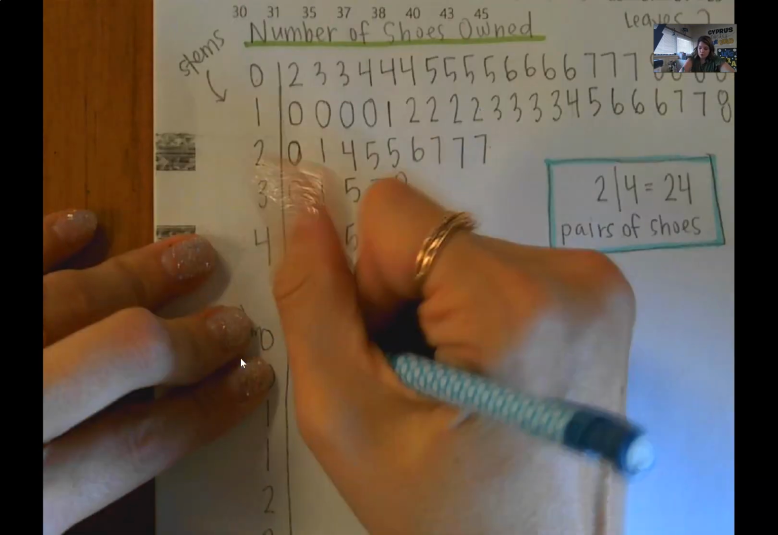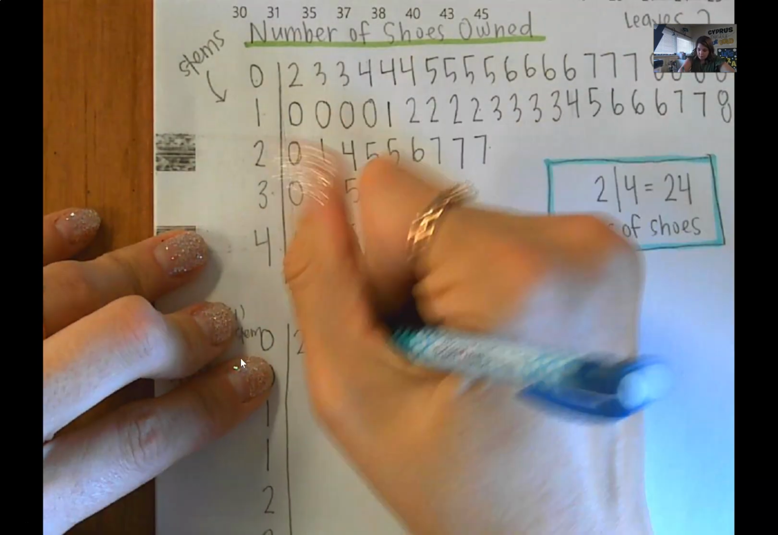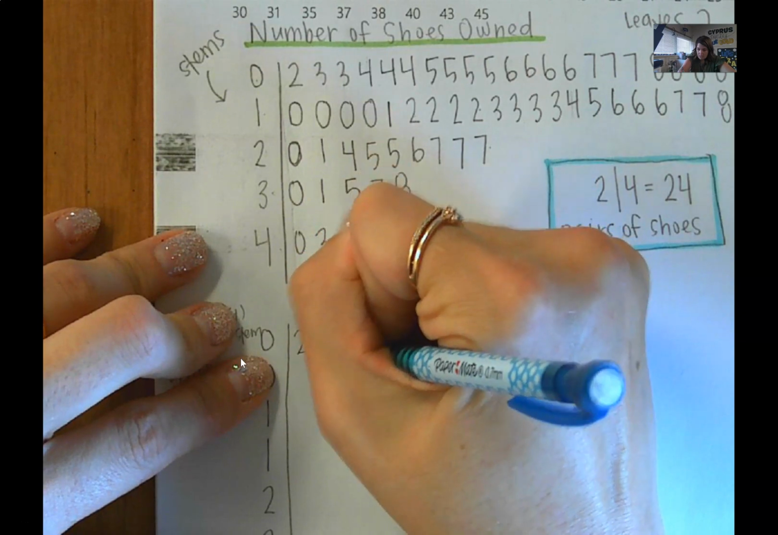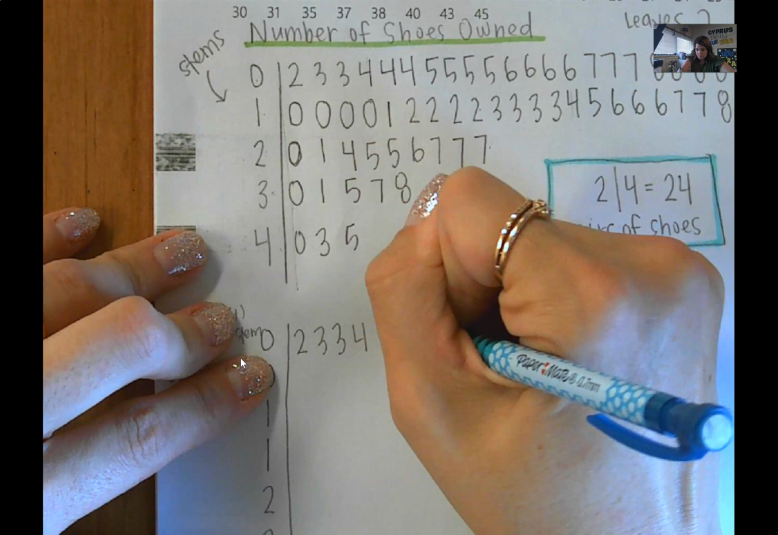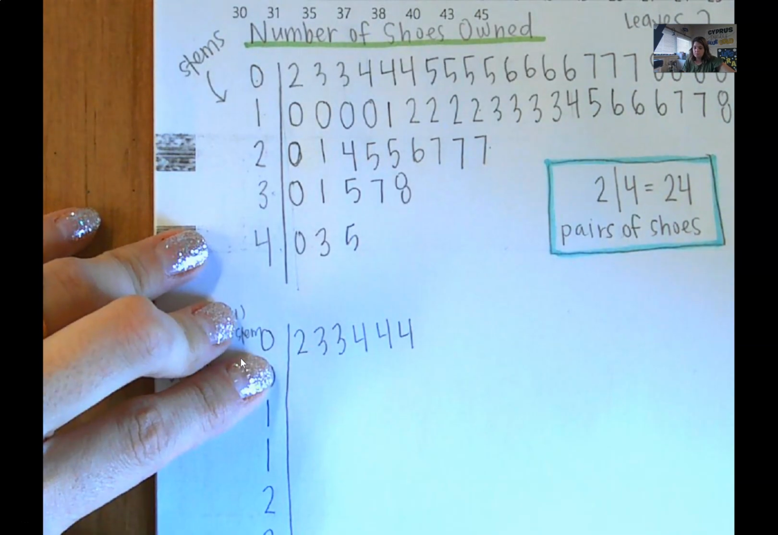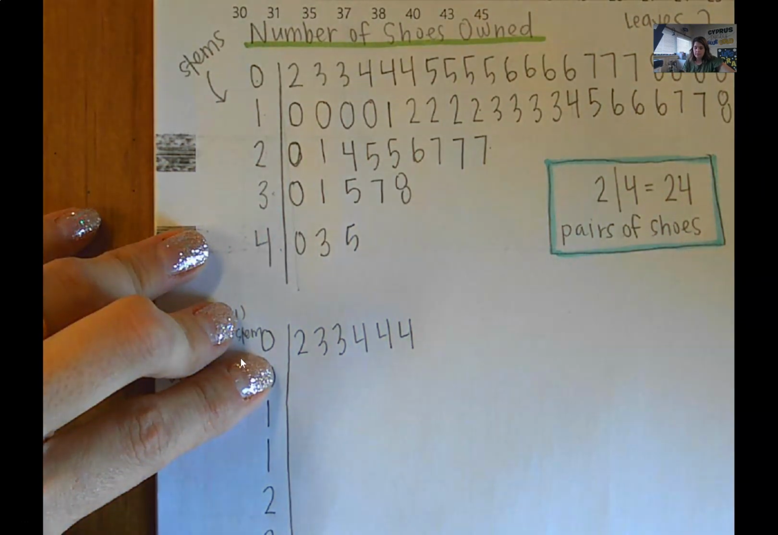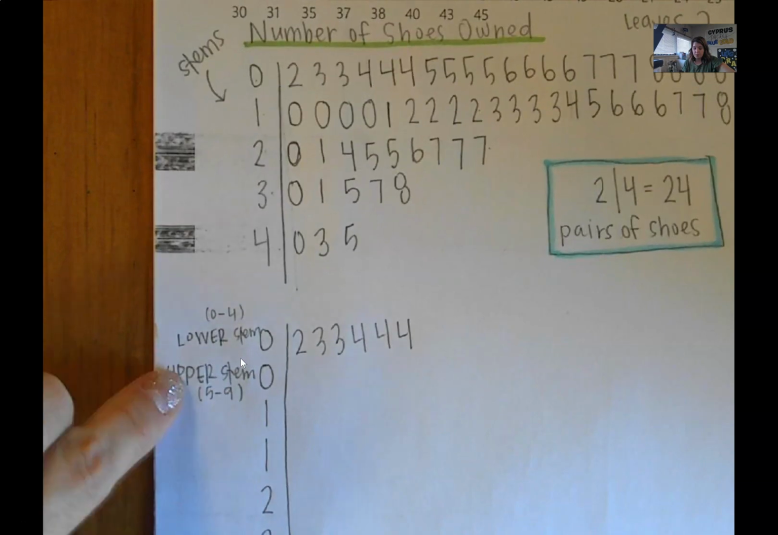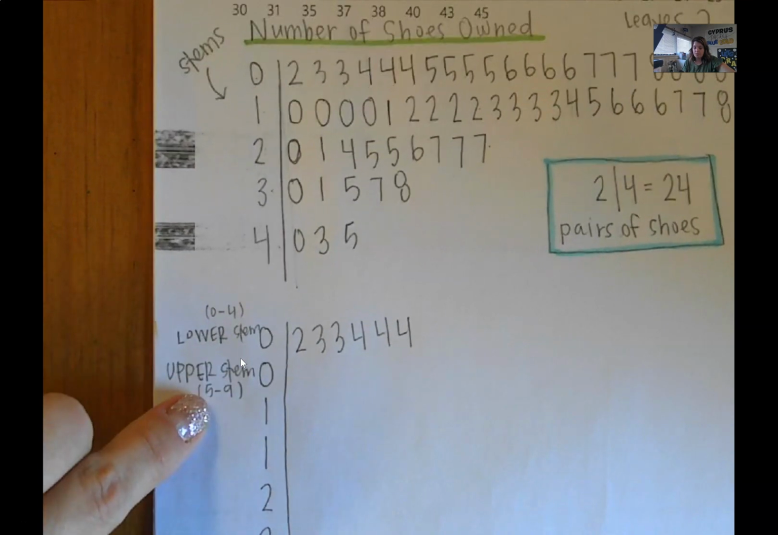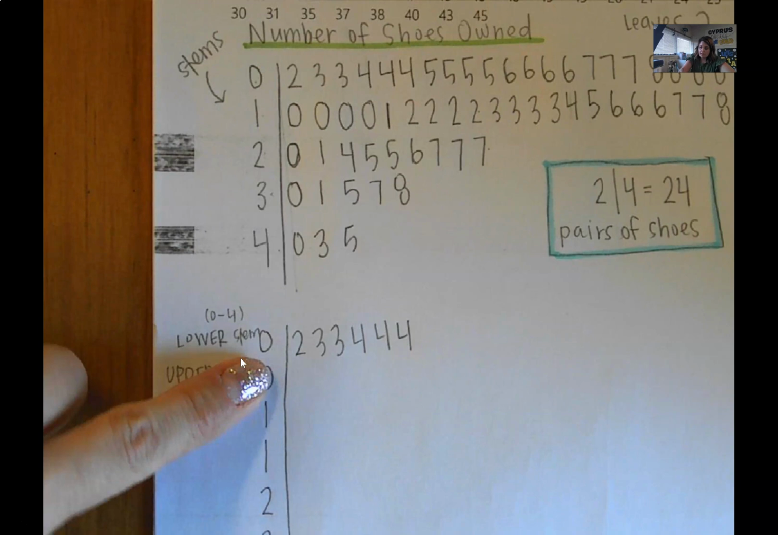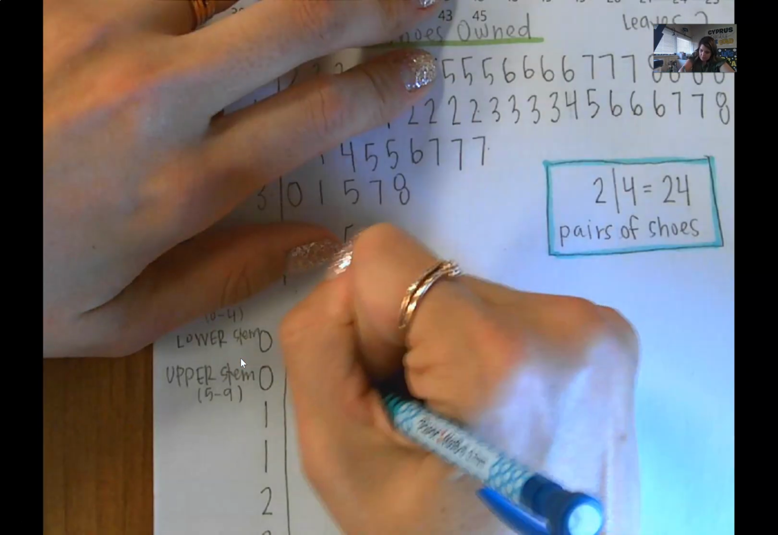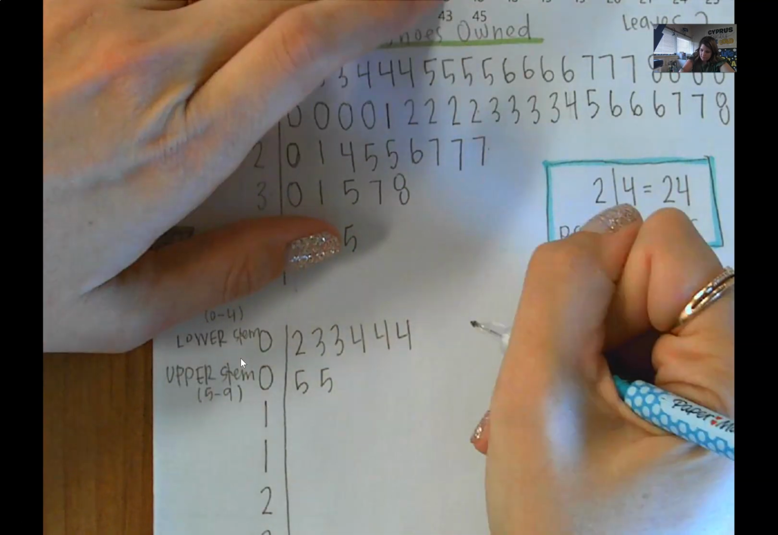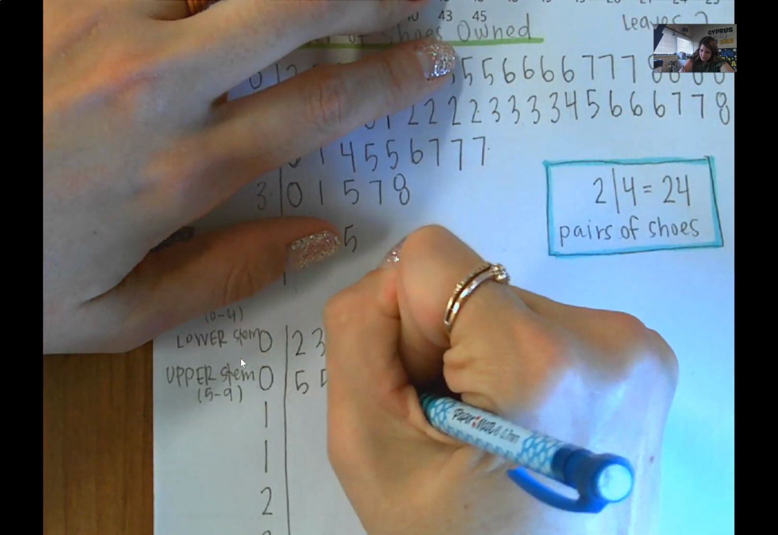I'm going to go 2, 3, 3, 4, 4, 4. Now I drop down to the upper stem. That's going to be 5 through 9. So I'm going to have 5, 5, 5, 5,